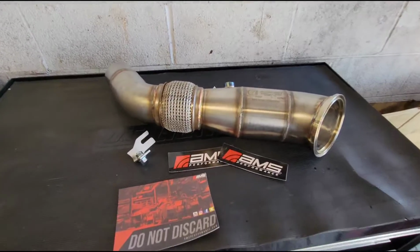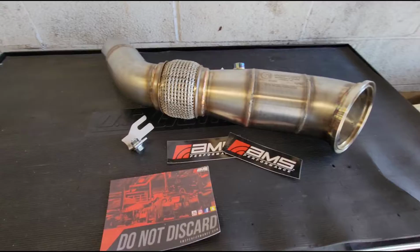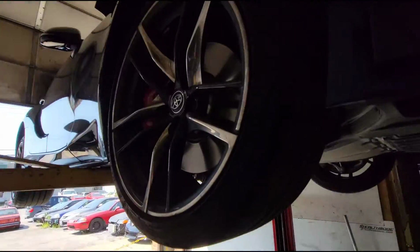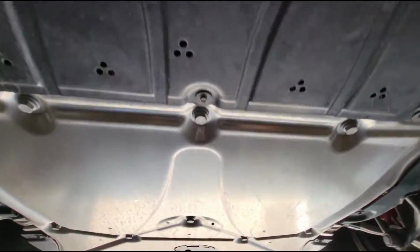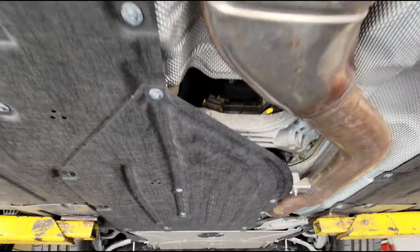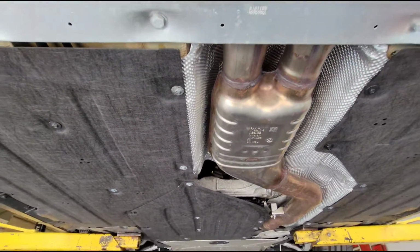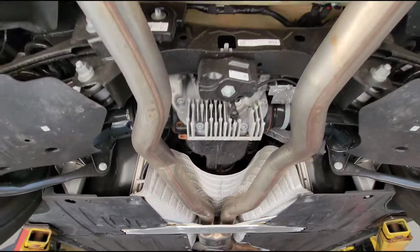We have the downpipe here, all laid out nicely. The instructions are online. They are very nice and detailed too. And as I'm going to get out of the way, we have it racked up in the air. And if you've never seen underneath, let me turn around because the glare is getting to me. Figured I'd just do it underneath because if you've never been underneath one, now I guess you can say you have been. And as I try not to hit my head,